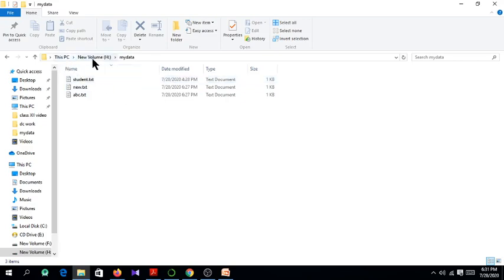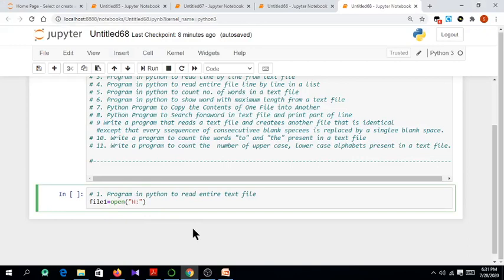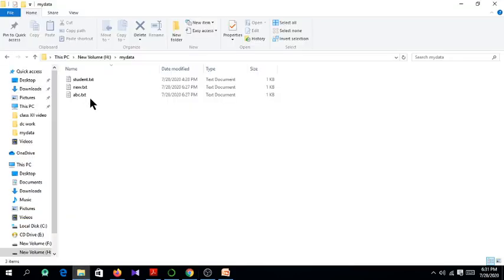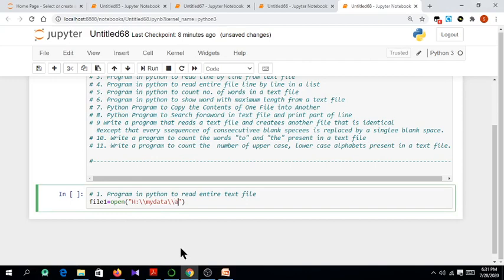So the path will be H drive, mydata, and inside that I'm going to open one file, suppose abc.txt. This will be the first argument of the open function, and the second argument will be the mode: read, write, or append. Which one will be used here?